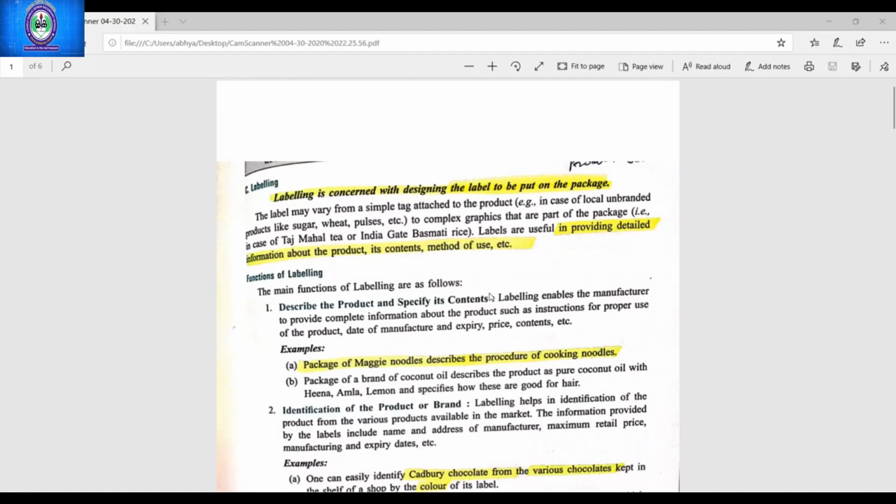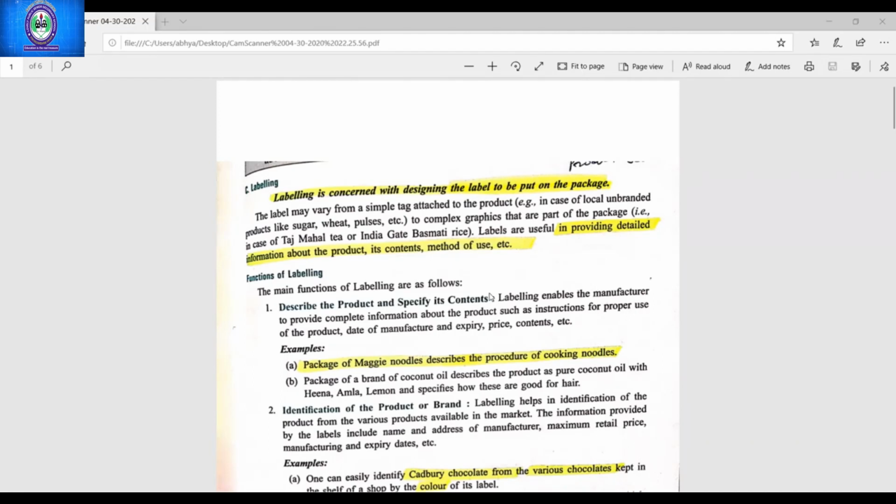What type of information do you see on the label of different companies' products? For example, MRP, expiry date, batch number, ingredients, how to use the product, instructions, guidelines about the product,